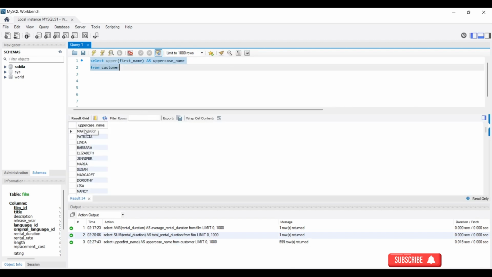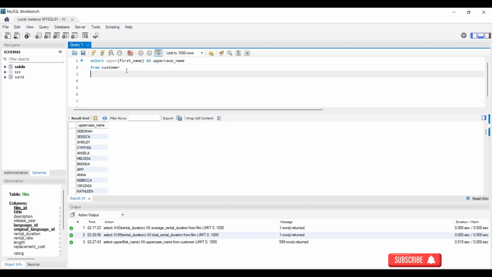So you could see our result set now. All the names are in capital letters. That is what it actually does. It changed everything you have assigned to it to uppercase. Let's look at